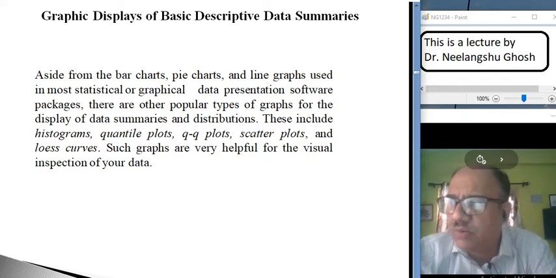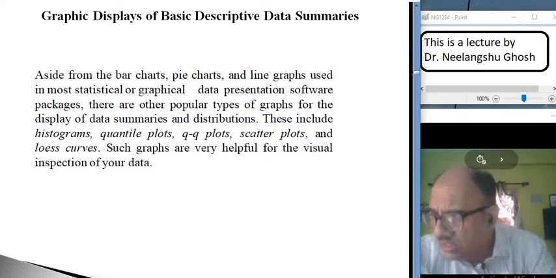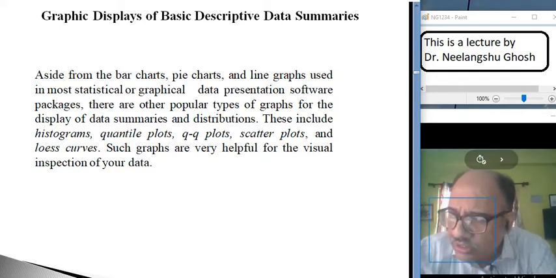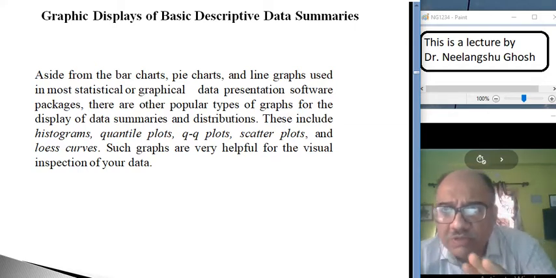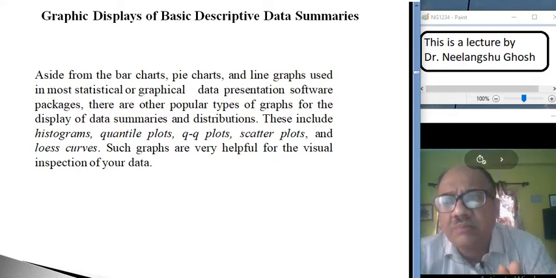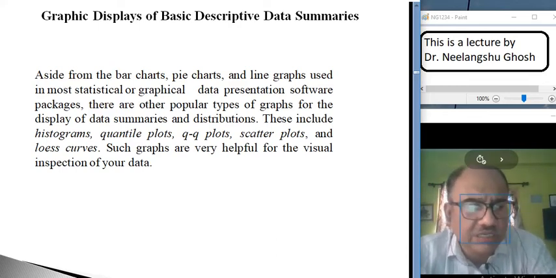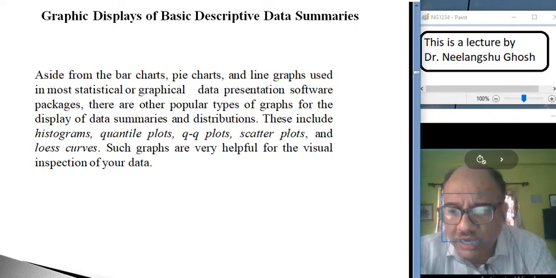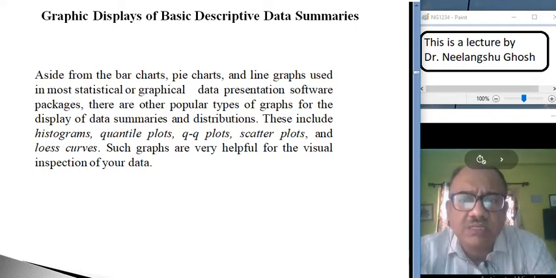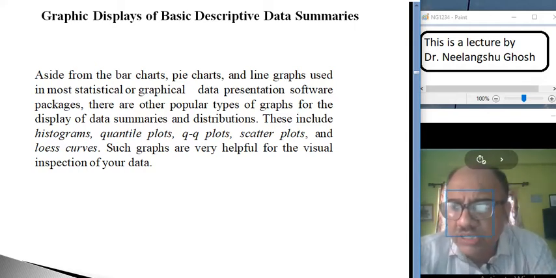So there are several ways of representing the data. All these tools help us visualize data in a manner that is easily understandable by the people who are using the data.